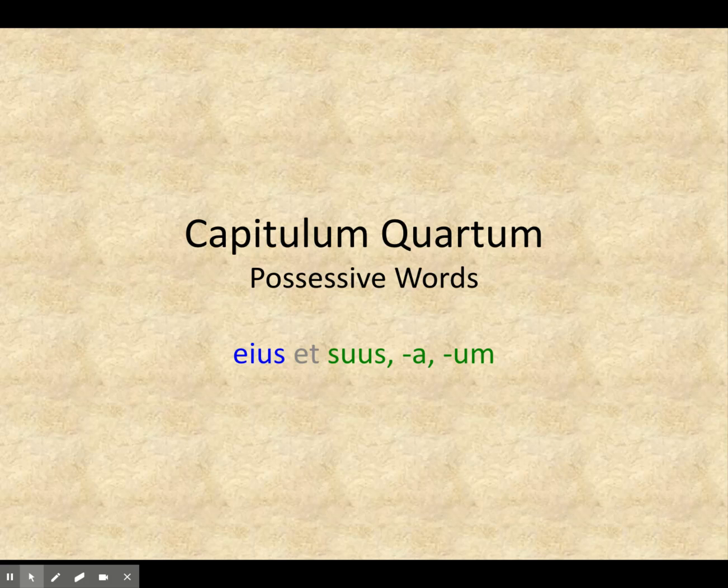Those are its nominative spellings. Us lets us know this word is an adjective. So it wants to rhyme, it wants to agree with its noun. Meus and tuus were also adjectives. That's why we saw phrases like in familia mea and baculum meum, things like that. So it wants to rhyme, it wants to agree.